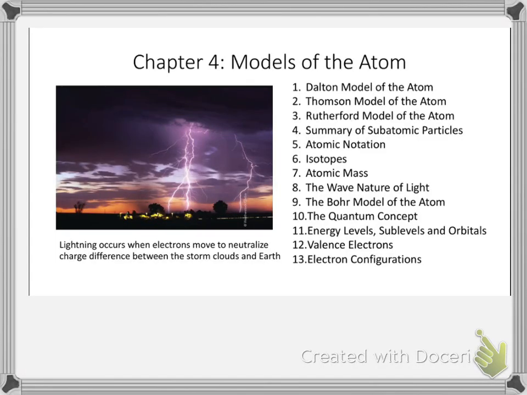So as we continue in chapter 4, the last third of the chapter looks at models that we use to understand the electrons. We know from previous models we have the protons and neutrons in a nucleus. We know that the protons give the identity, but it's the electrons that have to do with the chemical reactivity and the bonding. And so the previous models did not allow us to predict or understand why two elements might bond, for example. And so we're going to investigate how we can understand the electrons to help us with bonding